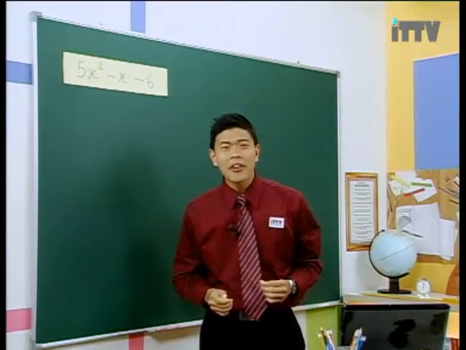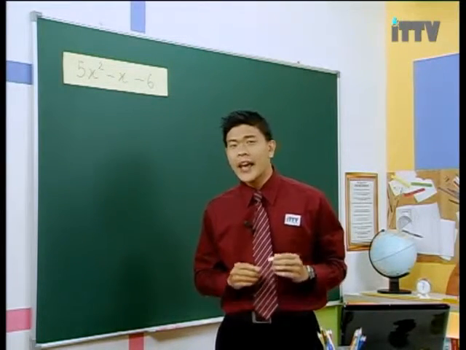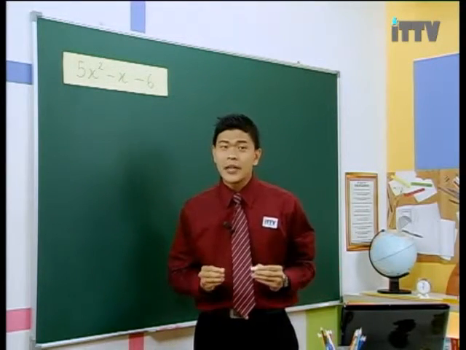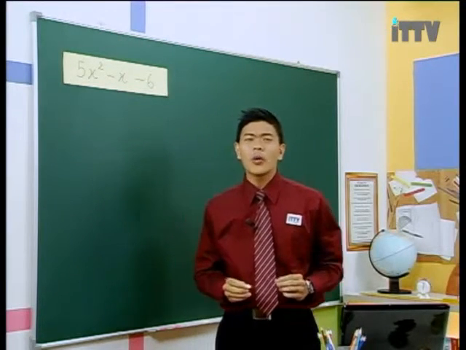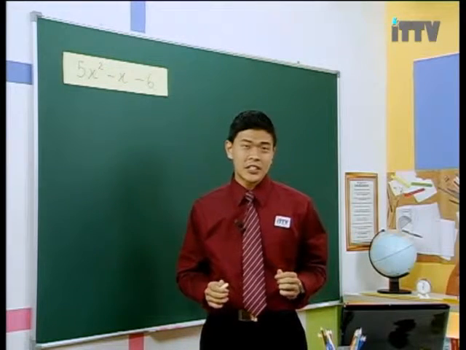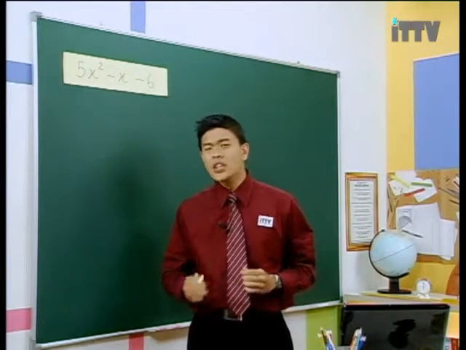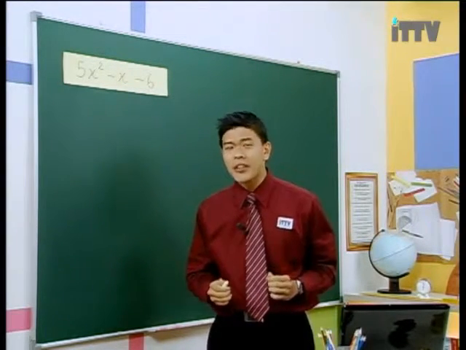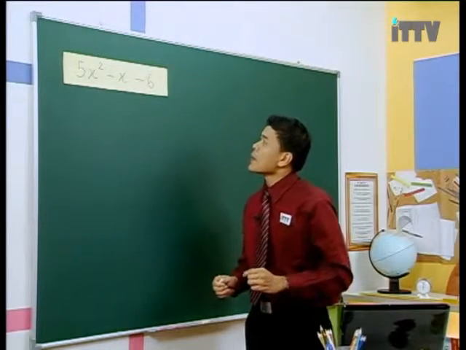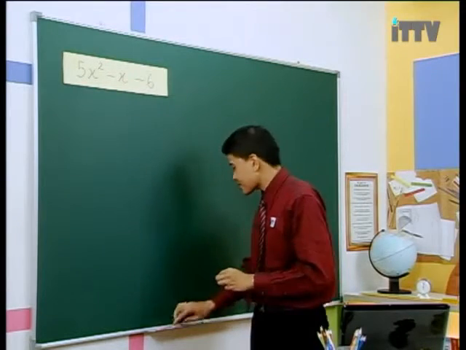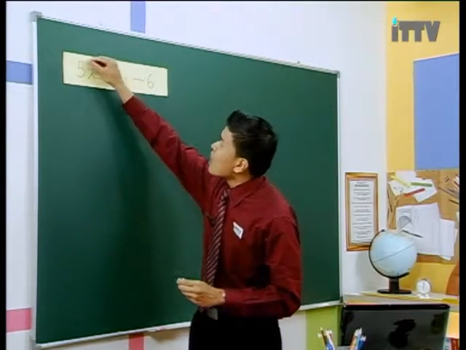You can compare it with the general form of ax squared plus bx plus c. It is very important always to identify the constants before you determine which type of factorization method you are going to use. So if you look at 5x squared minus x minus 6,